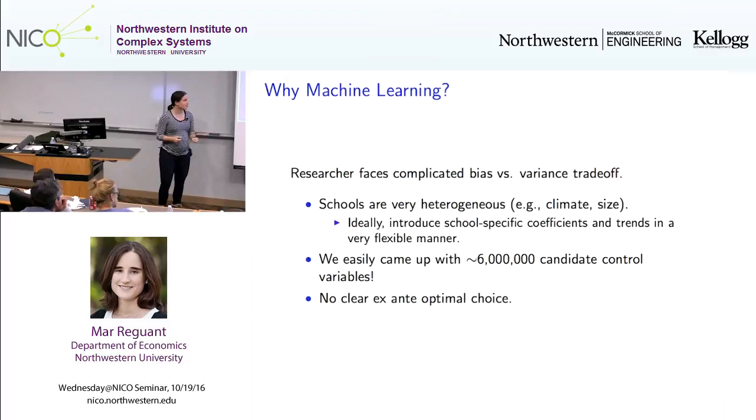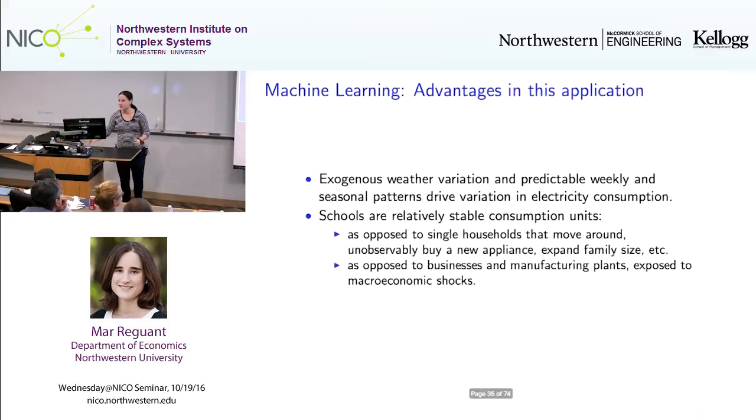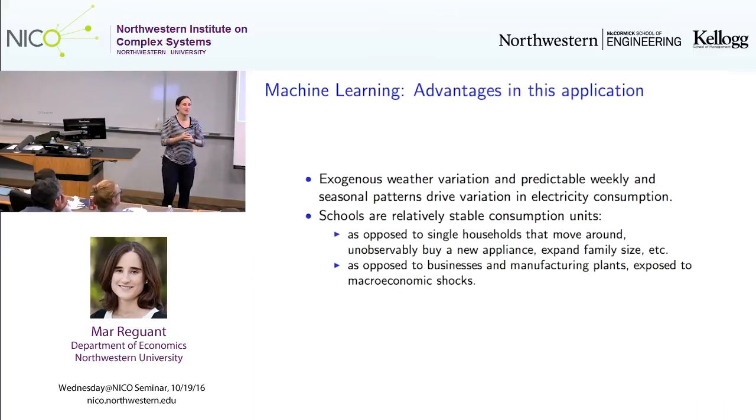Again, ex ante, it would be very hard to make a choice on how many variables to include, but also how many variables to include for each school separately. So this is why we turned to machine learning, and we thought machine learning actually here could do very well. Machine learning, I am using it very loosely, so sorry for the experts in the room, but basically we think of it as methods that help us in prediction, in making prediction more efficient.